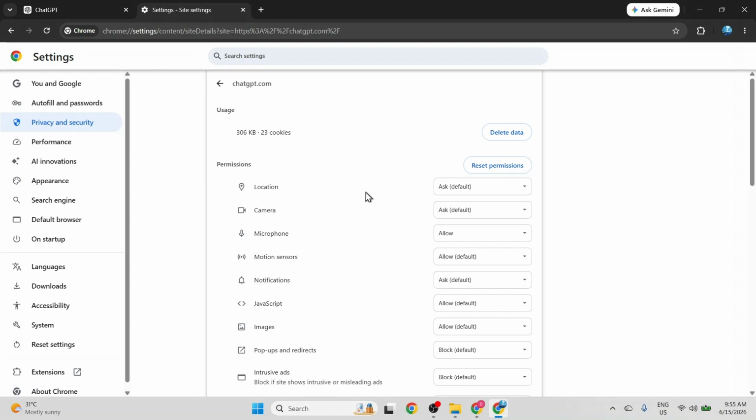I look down the list to find the microphone option, which currently shows a restricted status. I click on the drop-down menu next to microphone, which is currently set to block, and change it by selecting Allow from the choices. While I am here, I also decide to check the other permissions to ensure everything functions